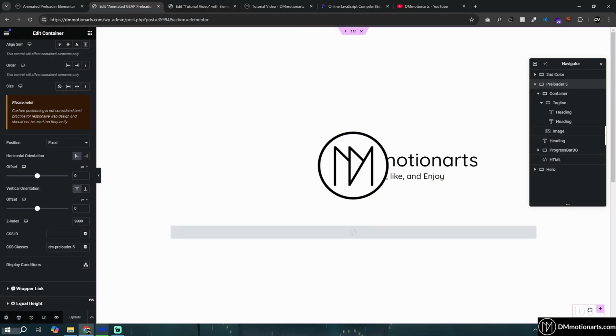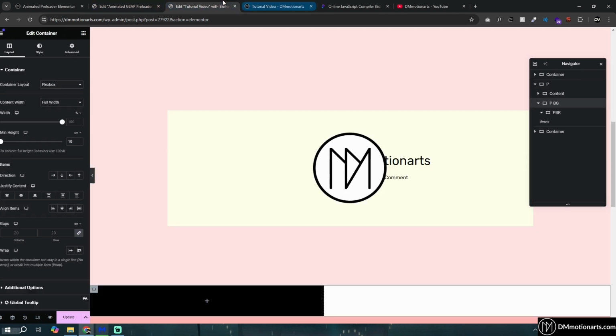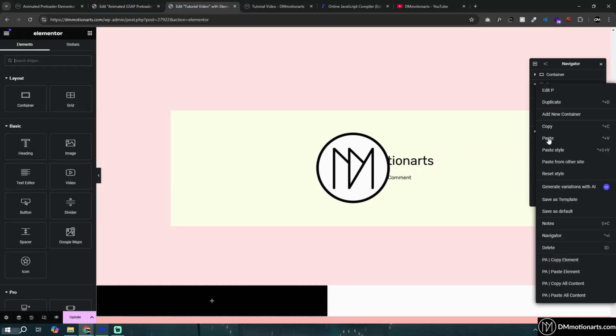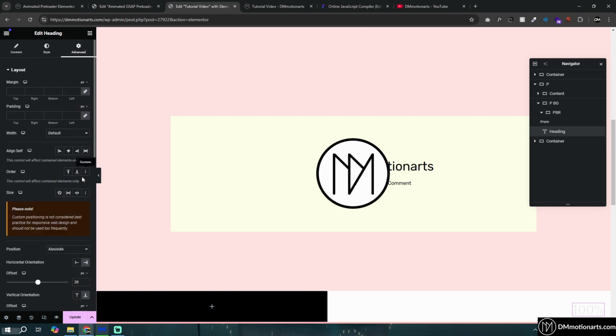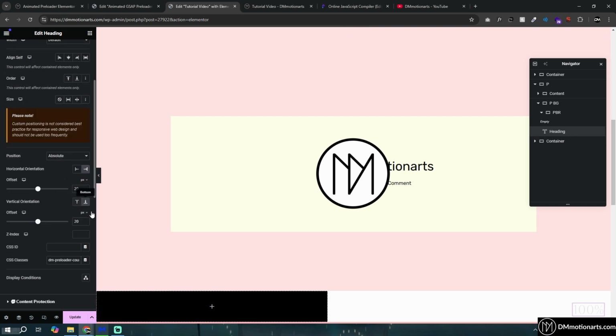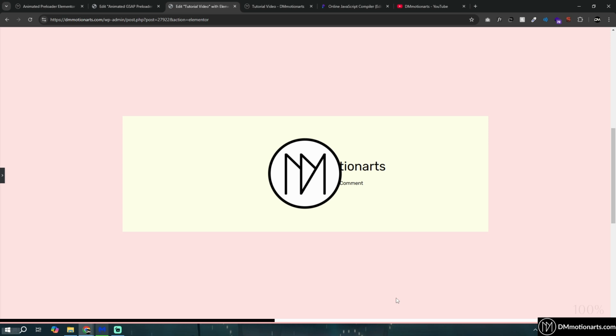Do I also have this heading? So I'll just copy it from my page and then add it in here. Again, I've shown this multiple times, how to create this one. It's just adding a heading and then giving it position absolute and then just placing it appropriately. So you could see